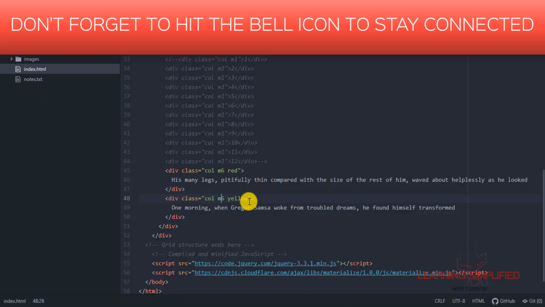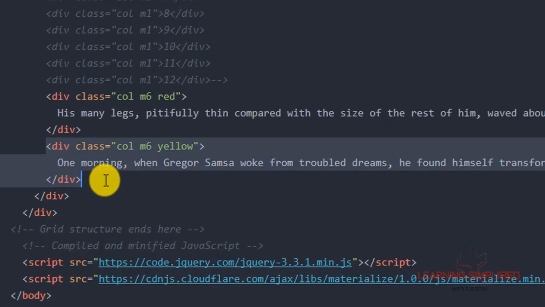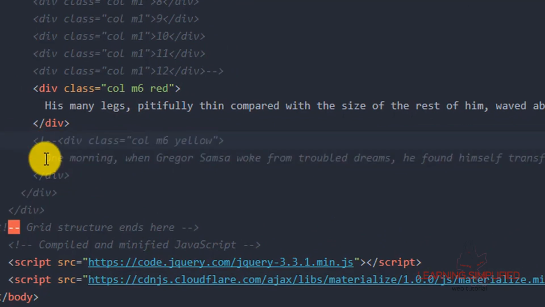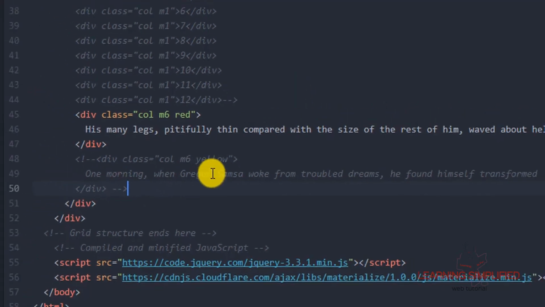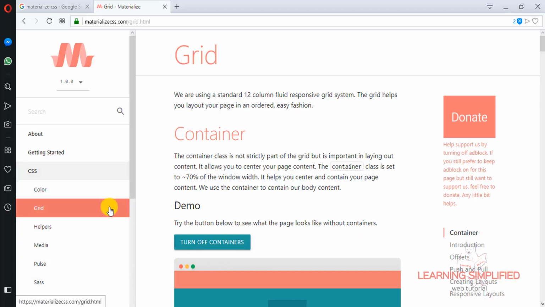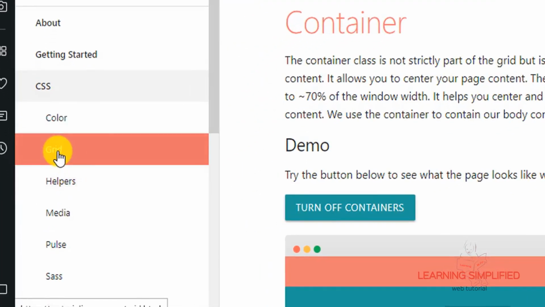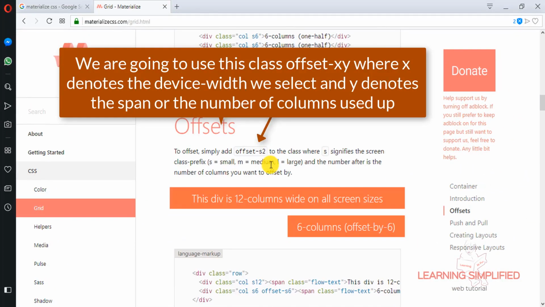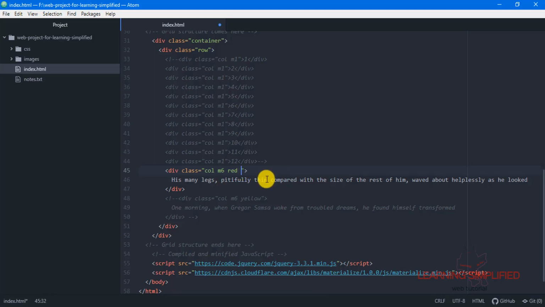If we get back to our project, and here for the moment we are practically ignoring this second part here, col M6 is being now ignored. Now if we get back to the official website of Materialize CSS, this is the grid component inside this CSS menu, and we can see that all those things have been provided over here. This is the offset condition. So right now all we are going to do, if we put here offset